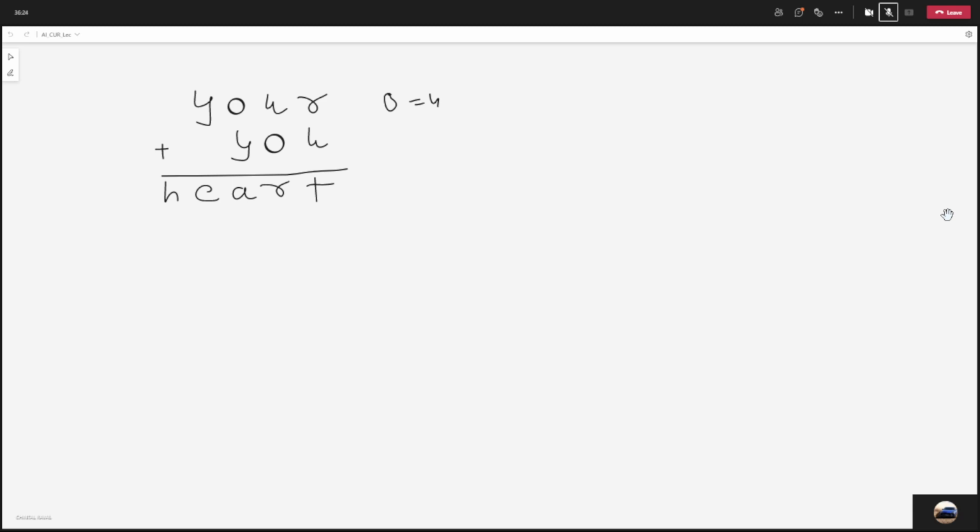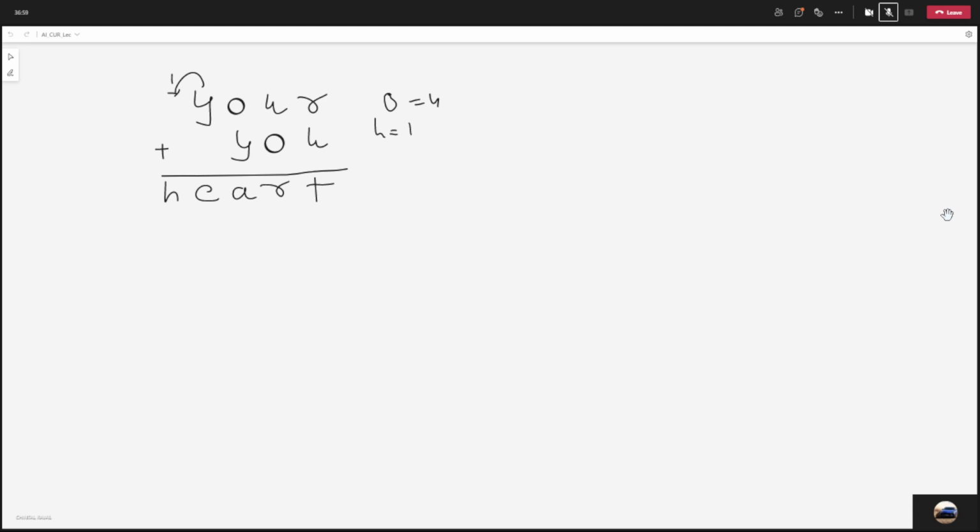Okay, I'm starting. See, rule number 5: addition of two numbers with n digits. If it is resulting in n plus 1 digits, then the leftmost digit is 1. So h, according to rule 5, we get h equals 1. Now think, when h will be 1, there is one carryover from this place to this place. That is why we got h.